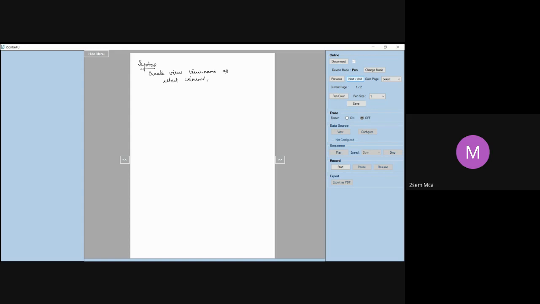Let us say column name 1, column name 2, and so on. You can write any number of columns from table name. And then you specify the condition. This is the syntax for creating a view: create view name as, then a query: select column name 1 from table name where condition.